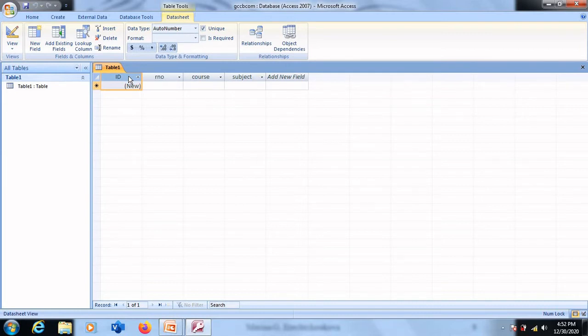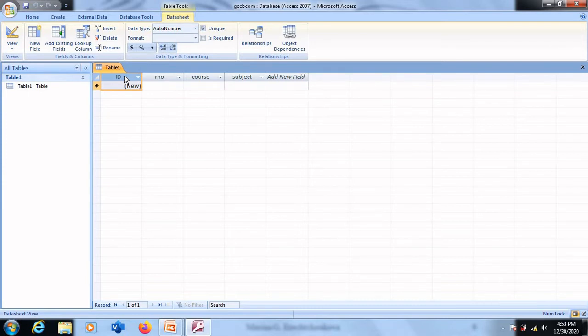This column belongs to MS Access, and MS Access keeps updating the number automatically here. We have not created this column, but this column, to maintain or to identify each row individually, this is one of the rules that we have in database, that we need to have something in our table which recognizes that row particularly, or any record can be identified separately.